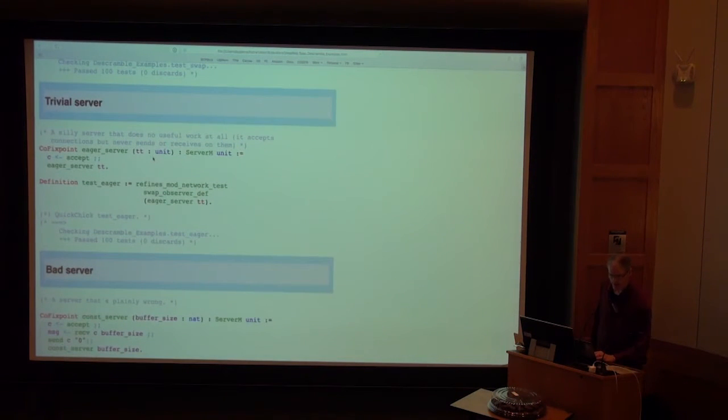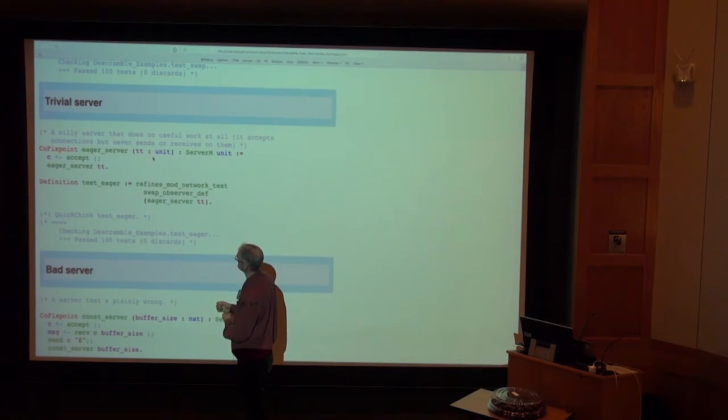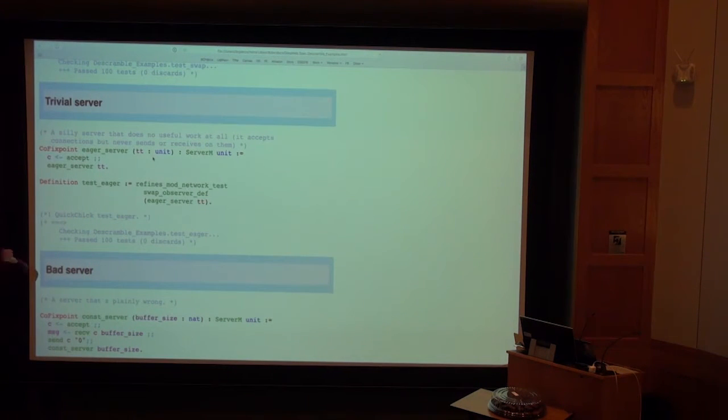Here is another one that refines the specification modulo scrambling in a rather trivial way. All this server does is it accepts connections. It accepts connections one after the other. It never communicates on the connections that it accepts. And that's fine because as far as the tester knows, any bytes that it sent to the server are just delayed in transit, and it hasn't seen the results come back yet. So as far as the tester can see, the behavior of this server is correct.